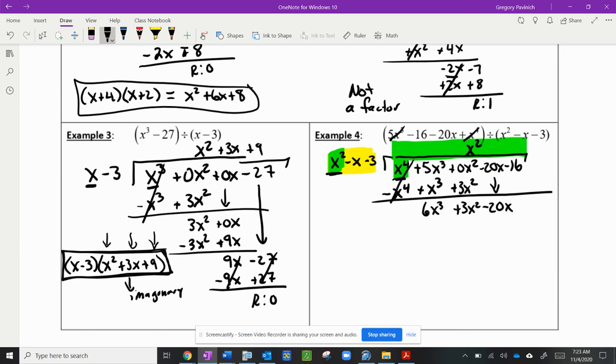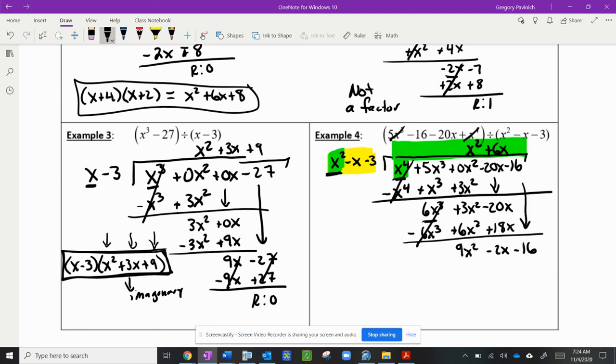Again, I'm going to start and do the same thing. What multiplies by x squared to get 6x cubed? That would be a 6x. And I'm going to get 6x cubed. And now I've got to multiply that to the negative x, and I get negative 6x squared. And then negative 18x. And I'm going to be subtracting, so I'm going to distribute my negative through, cancel, combine,